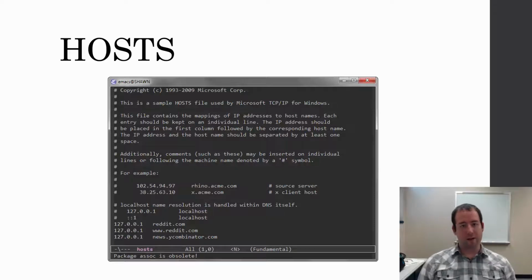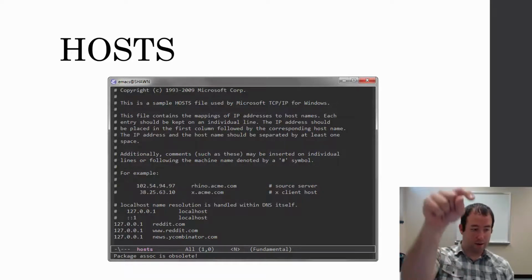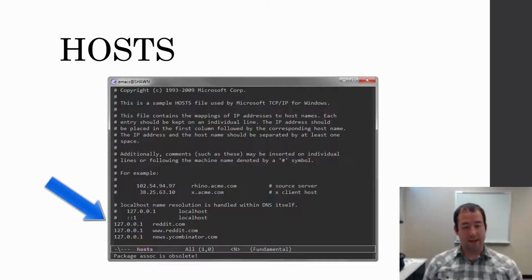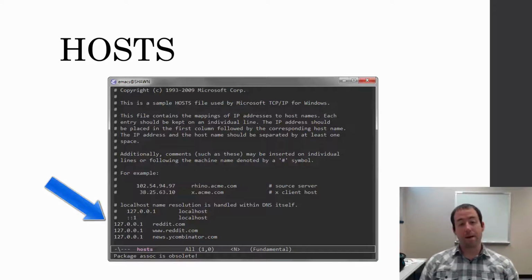So here's my host file, or at least it was at one point my host file on my computer. And this host file, if you can see down at the very bottom, has some entries in it. Every line that begins with that pound sign or the hashtag mark is a comment, and so that's not read by the operating system. But every line below that, the 127.0.0.1 space reddit.com, 127.0.0.1 www.reddit.com, and the other line, all